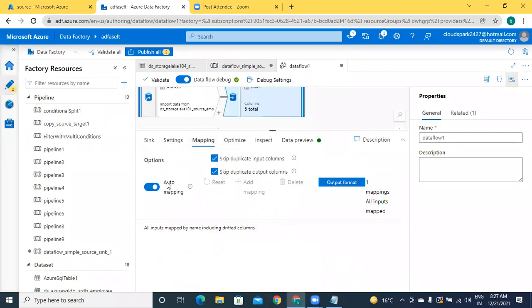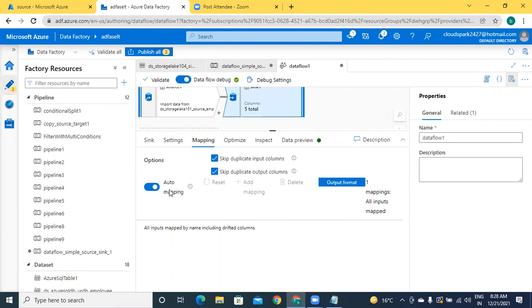Observe here, there are two types of mappings, auto mapping and manual mapping. By default, auto mapping is enabled. So your input is a file. The file has a header. In output, there is no file, just a container we have given. So in this case, whatever headers you have will simply be copied into the target without any modifications.